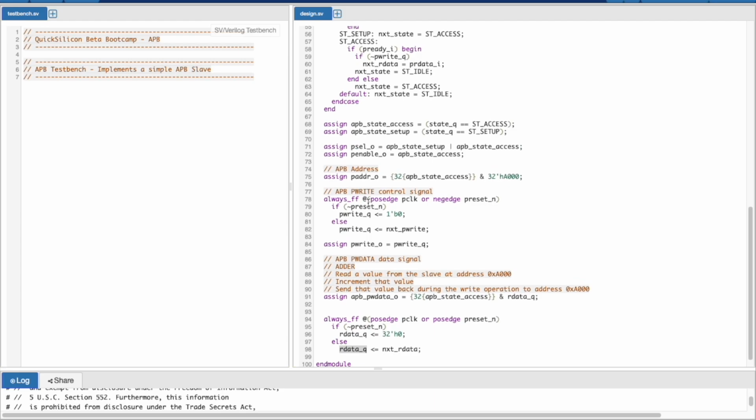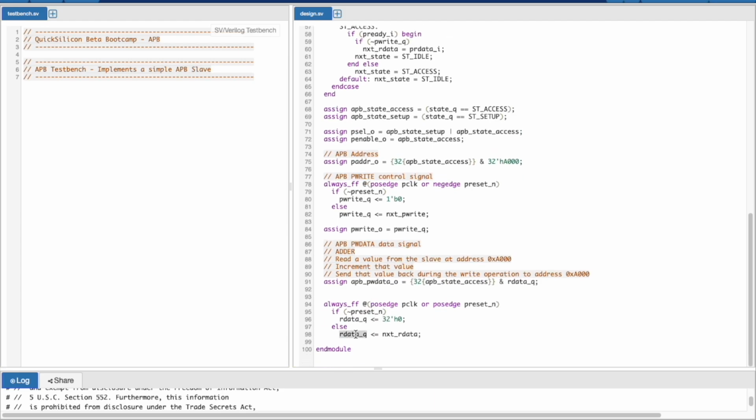Now whenever we are giving out a write transaction, we need to make use of this flopped value and add 1 to it. So we are missing that particular logic. This should be read data q plus 32'd1, which completes how our adder would be performed, and we will give out that same value on the write data signal. Once the slave sees that this is a write transaction to this particular address, it will capture the write data, which would be the current value of your read data plus 1, and store it into the same flop. So next time when we do our read, we will get the value of x plus 1 if the initial value was x.